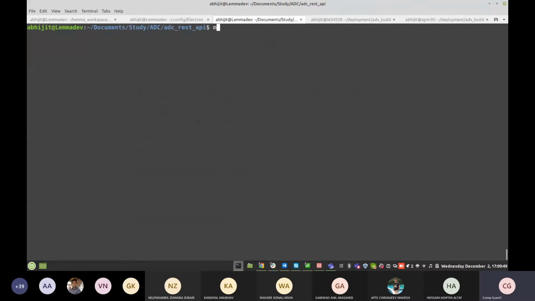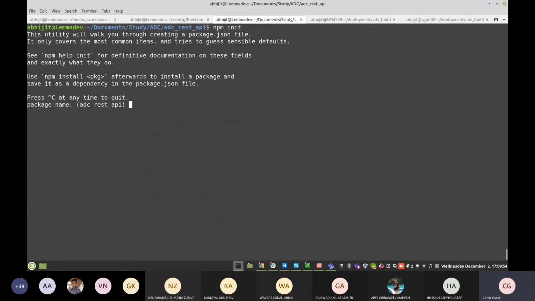So let's try npm init. Okay, it is asking me for the project name. Let's consider that the directory we have already created, so you can give the name sample REST API, no longer capitals. Okay, sample REST API.